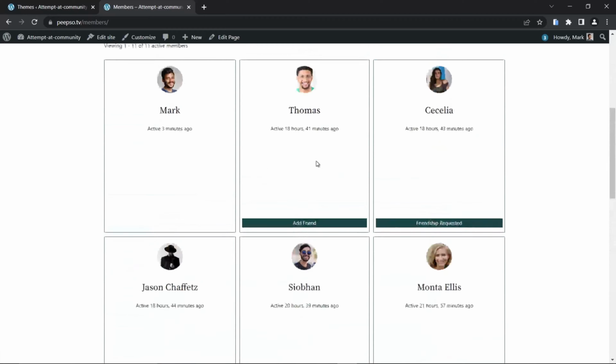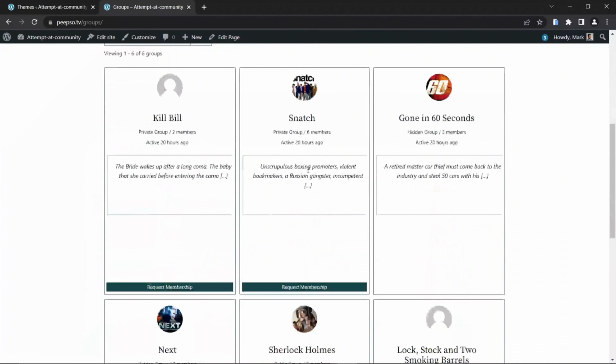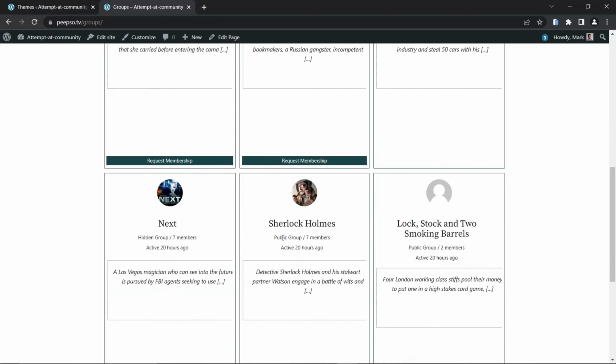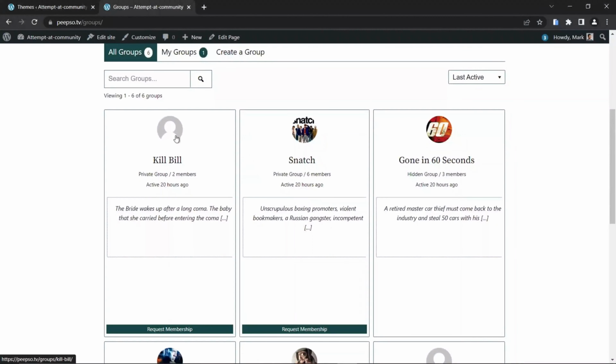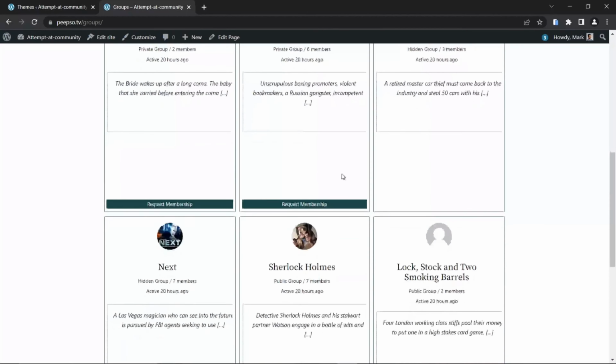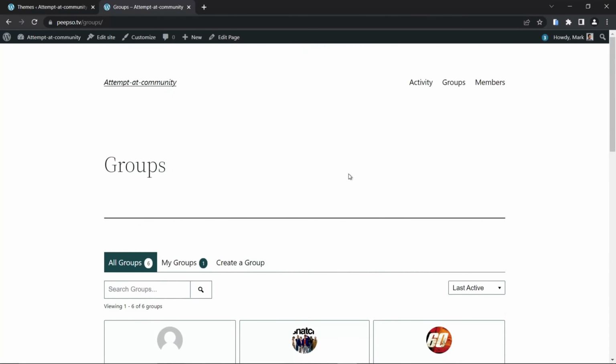These are all the members that I have on my BuddyPress site, and these are all the groups. Some of the groups are hidden, private, public. I have all kinds of them, with avatars, without avatars, with profile pictures, without profile pictures. So I can show that all of that is going to be imported